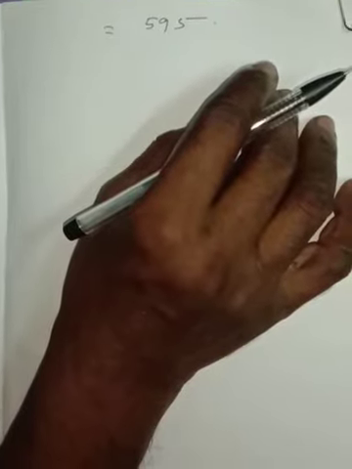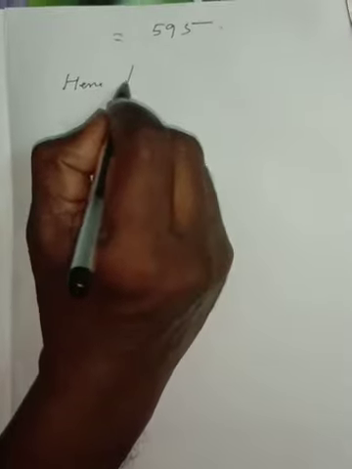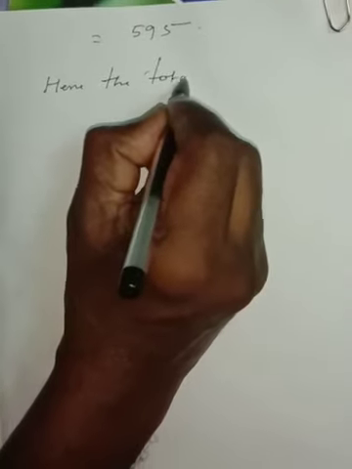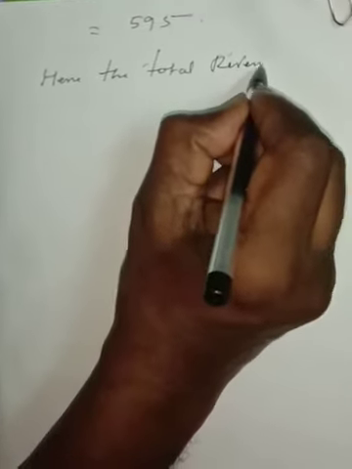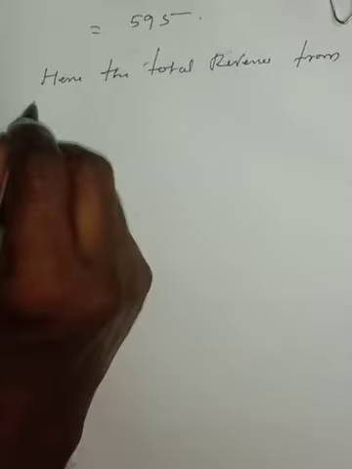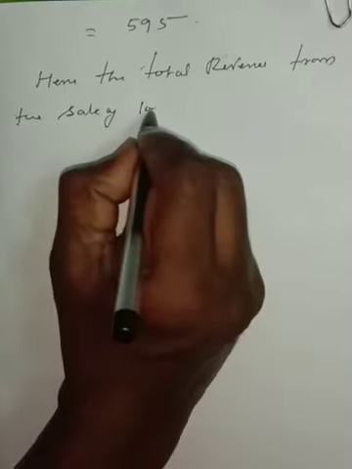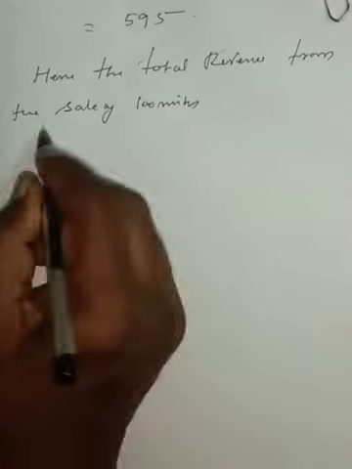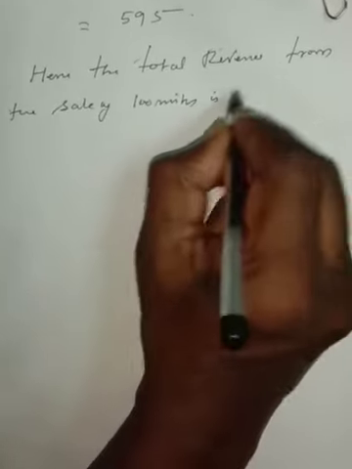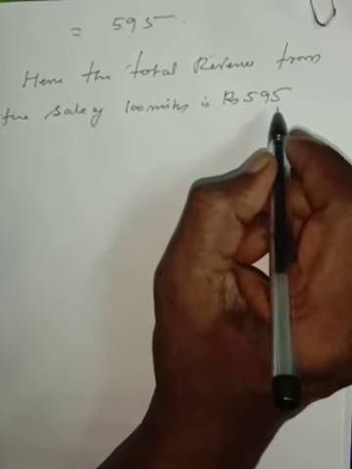The question is total revenue from the sale of 100 units. Hence total revenue from the sale of 100 units is rupees 595. Okay, homework